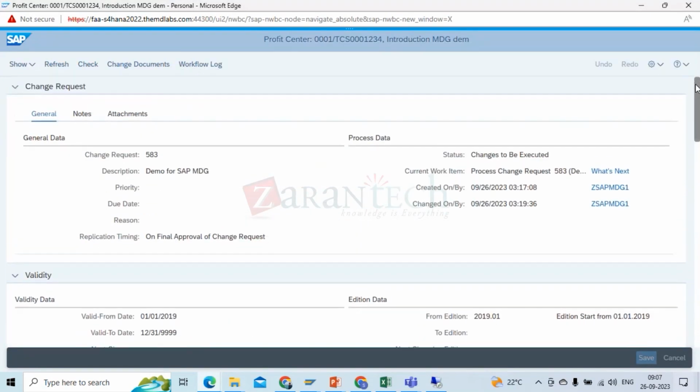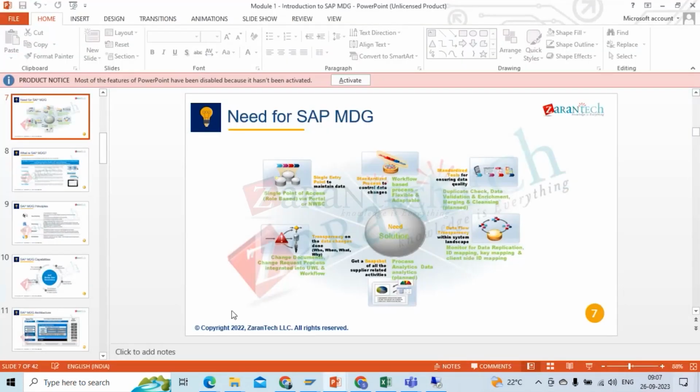Let me go up. Here you can see who created this change request. Who means who created this change request. This is my change request ID. When it was created: 9/26/2023, and the time is also there. And why it was created: demo for SAP MDG. And you also want to check the status, the final check. Here you can see process change request, and I already showed you where we can check the status of this change request. Coming back to here,